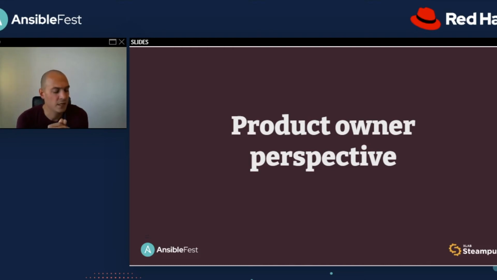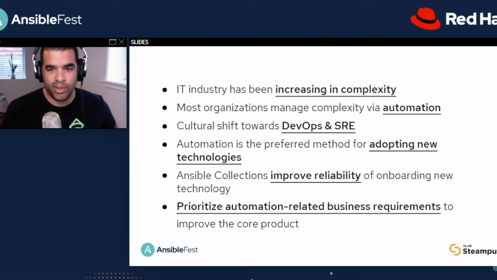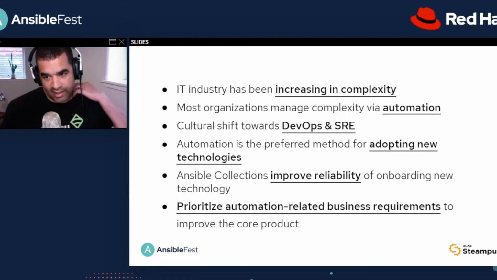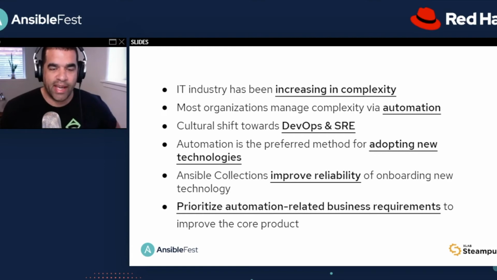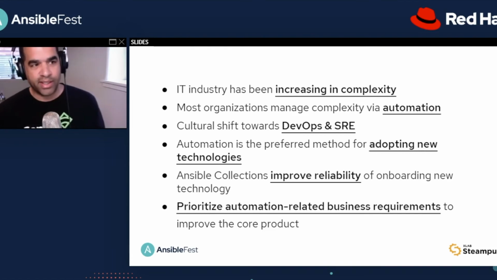So now I will kindly ask Caleb to tell us something about the benefits of high-quality Ansible collections from the product owner's perspective. That's a great overview, and it really hit on a bunch of the reasons why we wanted to engage with a partner like XLAB Steampunk, and to walk through some of that, our worldview, our perspective on the challenges facing our mutual customers today, users of Sensu and users of Ansible and XLAB's own customers,